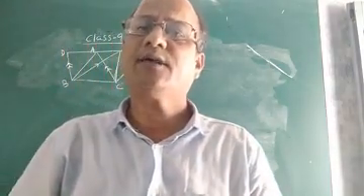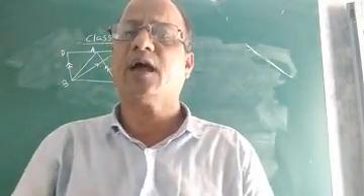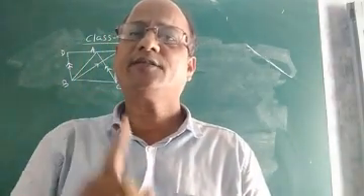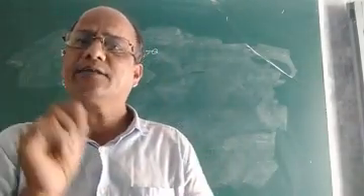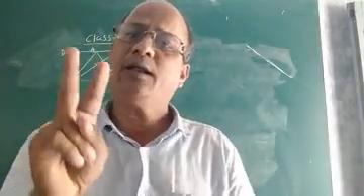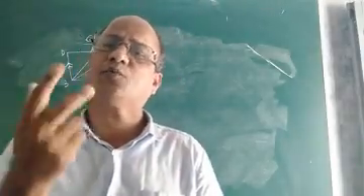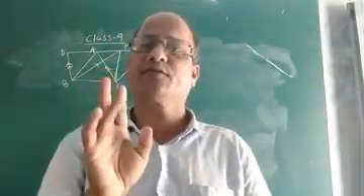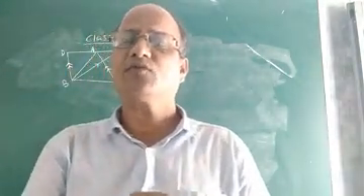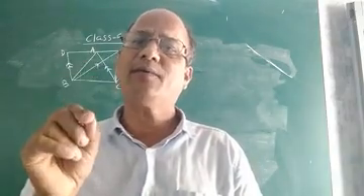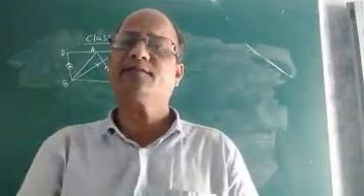Children, in the last class we were discussing theorems. Two theorems we had discussed yesterday, in the previous class. In the first theorem, that is 9.1, relating to area of parallelogram and triangle, I discussed that if two parallelograms stand on the same base, and same base means equal bases, you can also prove it taking equal bases, either on the same base or on equal bases. If two parallelograms lie on equal bases and between the same parallels, they will have equal area. We had proved this in the previous class.